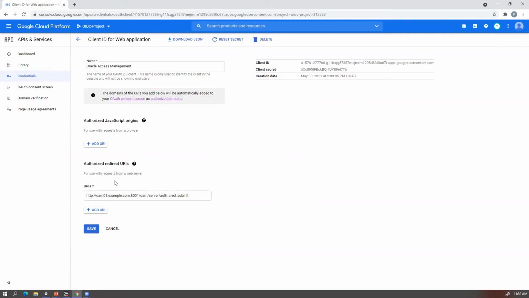And then you see there is an authorized redirect URI which has been configured, where my IDP has to get redirected after authentication. So there you give the OAM example one, the port number, and the resource path on the OAM server, OAuth credit submit. This is the authorized redirect URI. The users will be redirected to this path after they've been authenticated at Google. But this path is appended with the authorization code and must have a protocol. So we have all those configurations done here. This is what is being done at the client.